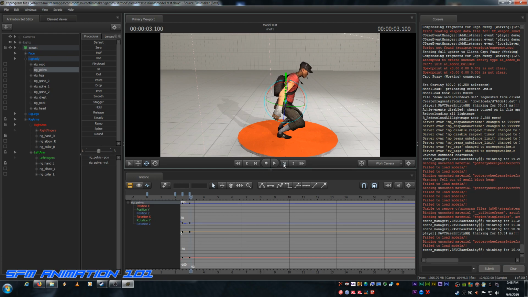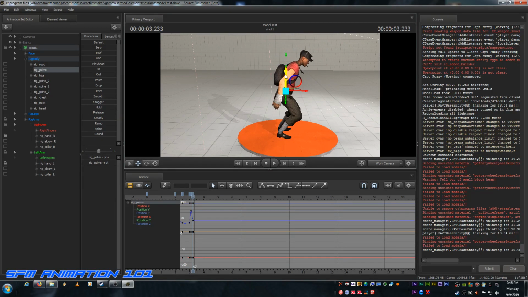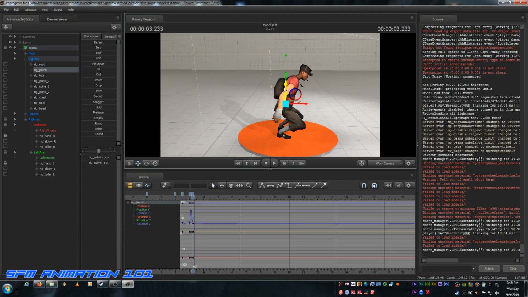and then we're going to move a couple of frames ahead, about that far, and now we're going to have him jump in this particular spot. So we're going to grab this manipulator, and he's going to go up and like this in the air. Now we've done that, and now we're going to move a couple more frames ahead, and then we're going to bring him back down to the crouching position again,